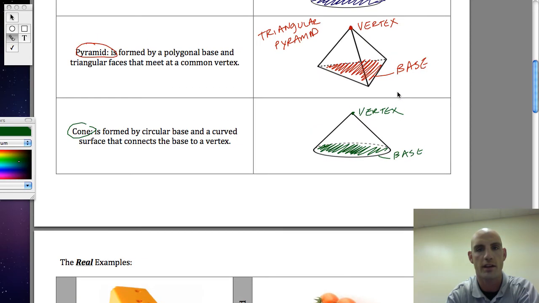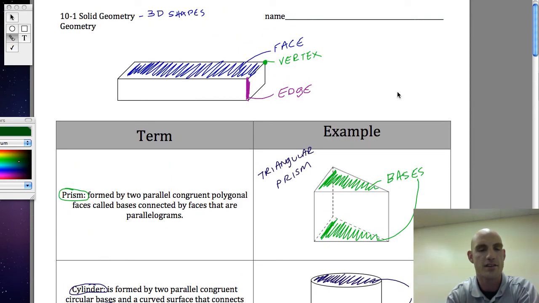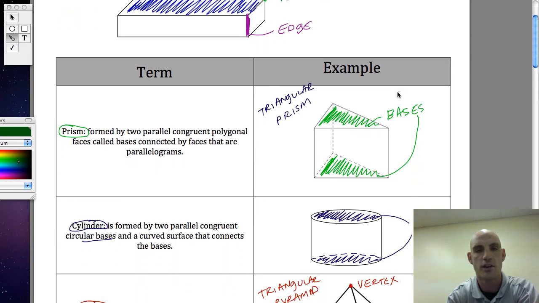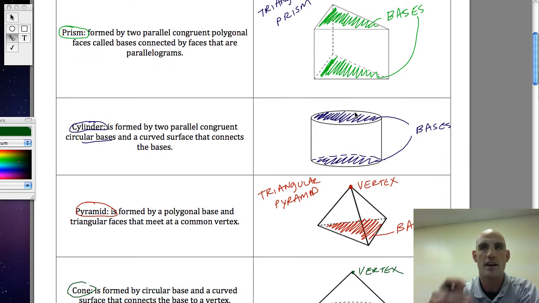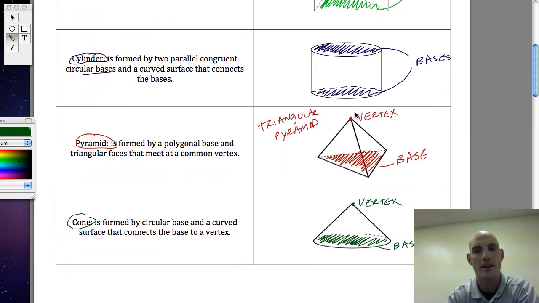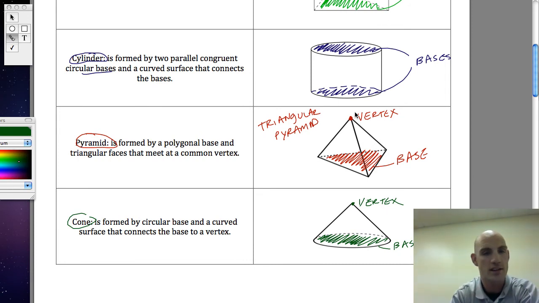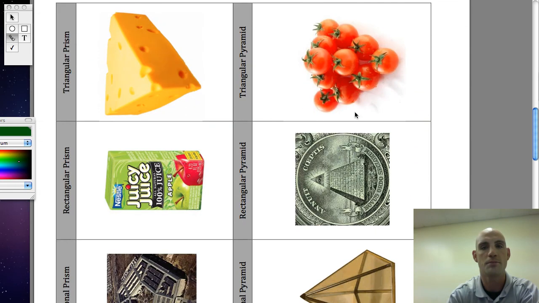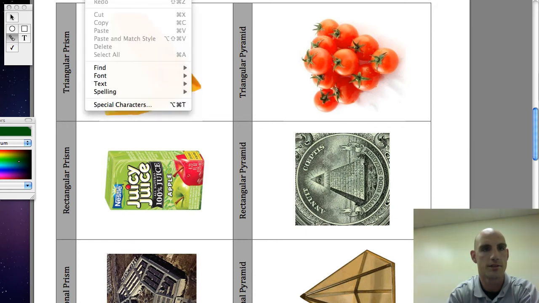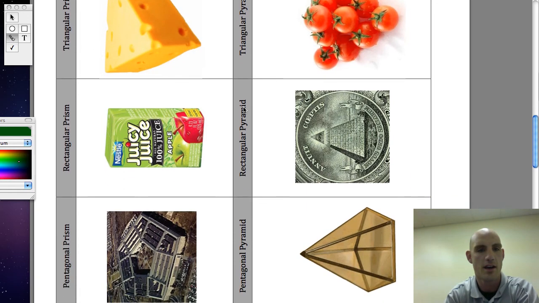So let's just review quickly kind of what's going on here, okay? Faces, edges, and vertices, not really that big of a deal. Triangular prism has triangular bases. They're the ones that are not rectangles. And that cylinder has circles at the top and bottom. The pyramid has a base that's a polygon and triangular sides, and a cone has that circular bottom and has a vertex. Okay, if you'll look through the next piece of paper on your note guide, it has some very specific examples of each of these using real life examples. It's going to look sideways, but I think you'll see that there is a lot of validity to what's going on here. I was trying to see if I could flip it. I really can't. But if you want to look through those,